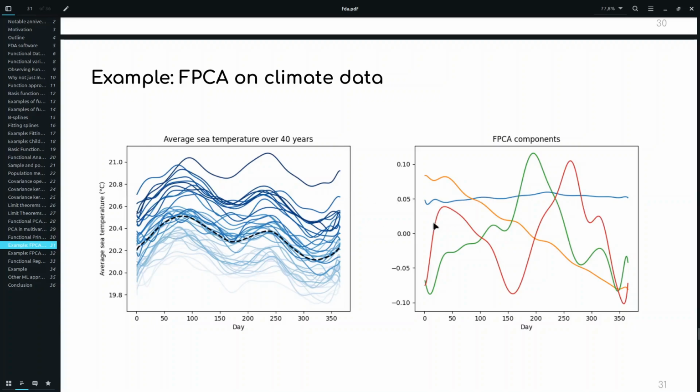Because I smoothed my data and simplified the problem, it's cheaper to compute and it's smoother. And here I can interpret these as actual functions. I can do that on just the multivariate data, but it's noisier, it's larger, and so it's not as nice to work with both numerically and statistically.